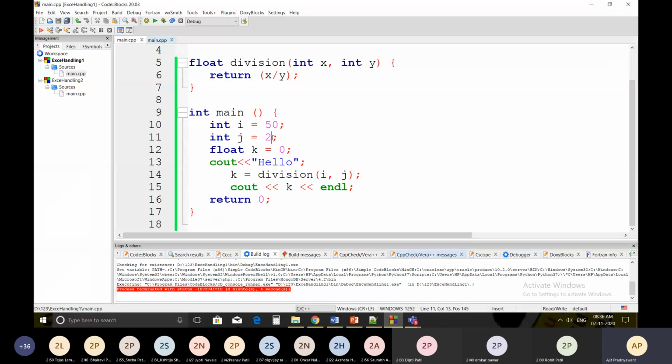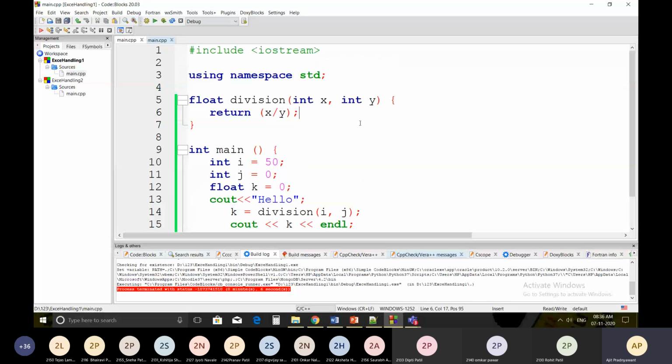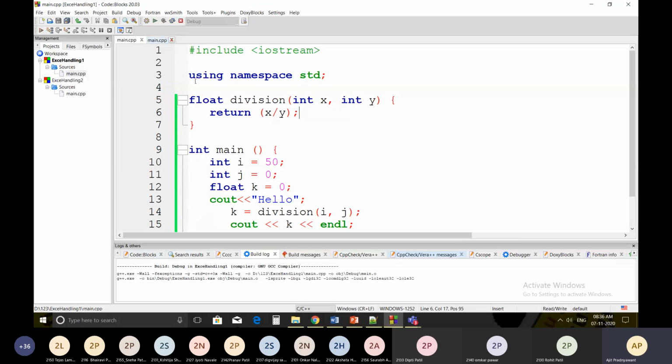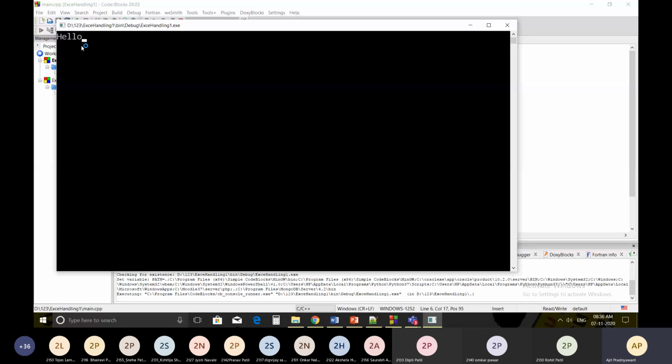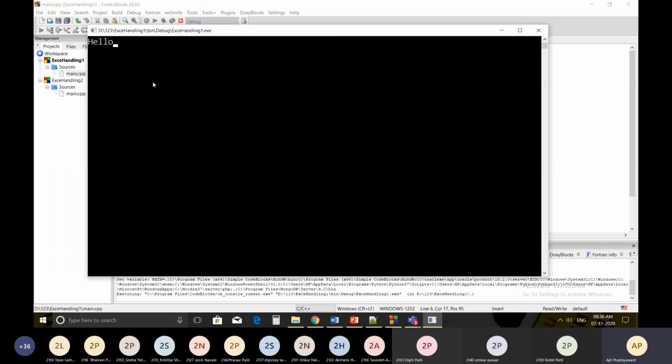Now I'm going to send the value 0, and here there will be a divide by 0 exception, which is not handled in this code. Now let's see. It will print hello, and in Code::Blocks it will just get stuck for a few minutes.